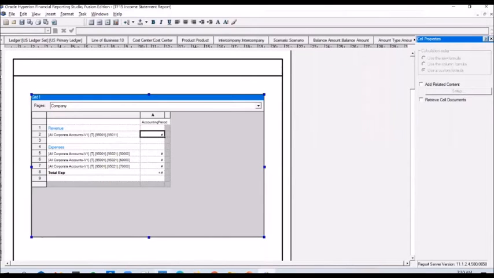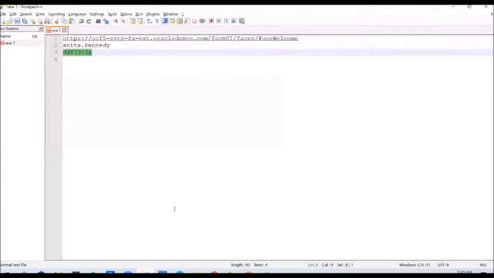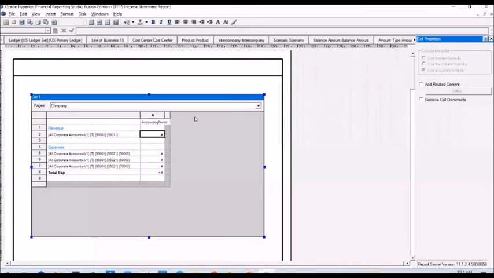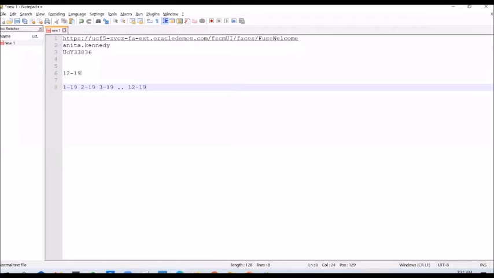Okay, so if user selects say 12-19, I want to display the balances from 1-19, 2-19, 3-19 till 12-19. So I want to display balances for 12 periods leading up to the accounting period that is selected by the user.